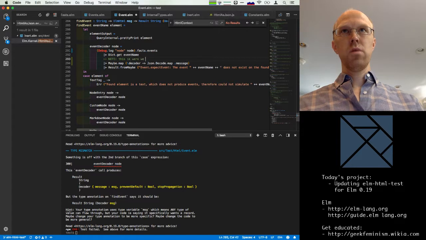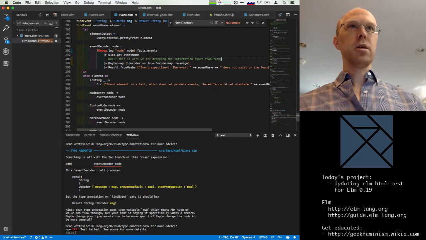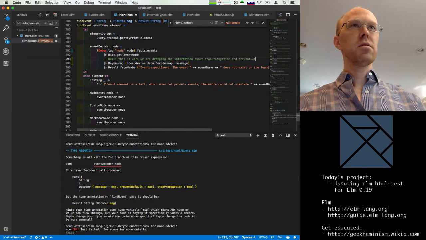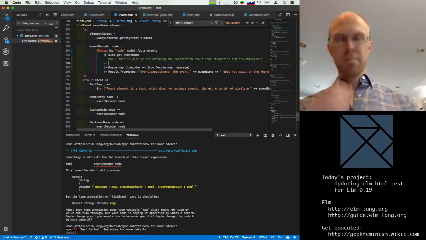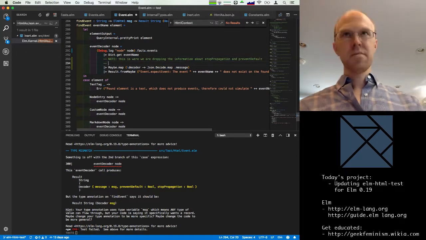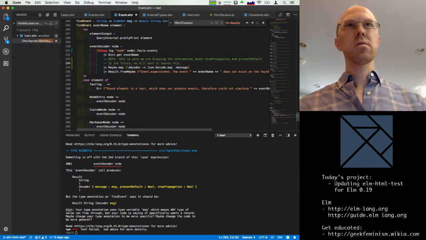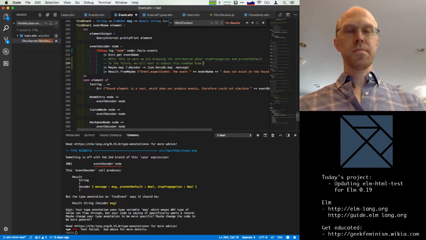This is where we are dropping the information about stop propagation and prevent default. In the future, we will want to expose this somehow.